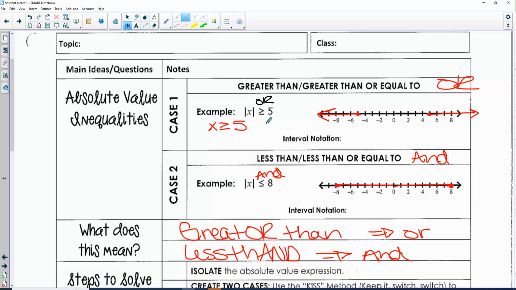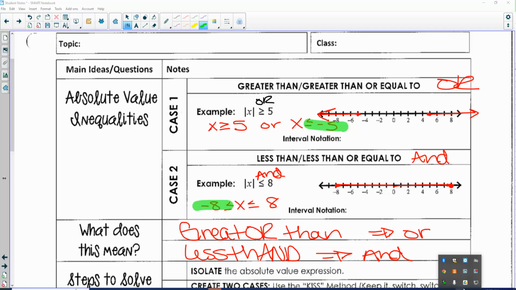Greater than or equal to 5, or you flip the inequality and make it a negative. So the second one, flip the inequality and make it a negative. When it's an and, the first part stays the same, but you put another less than and a -8 on the other side. That's the step when we write it without the absolute values. I want you guys to work